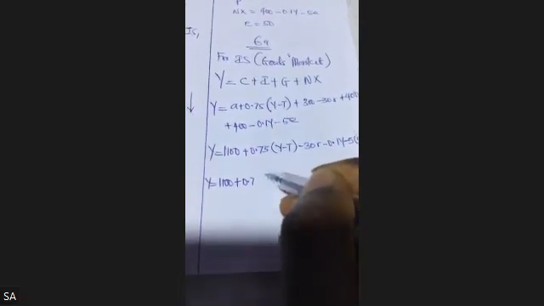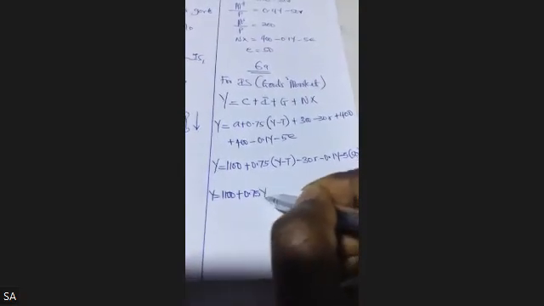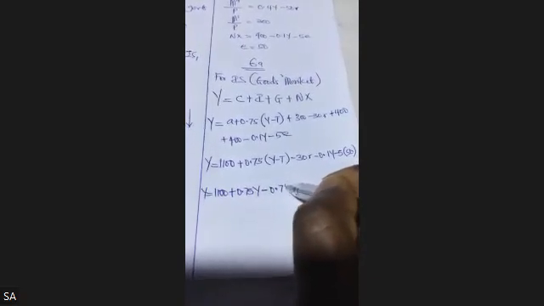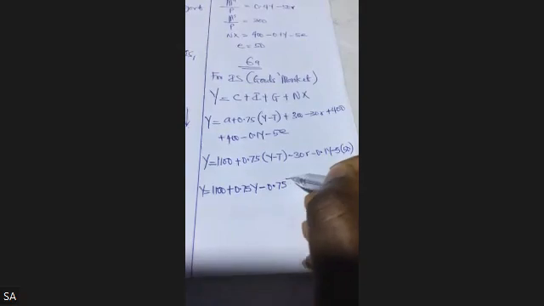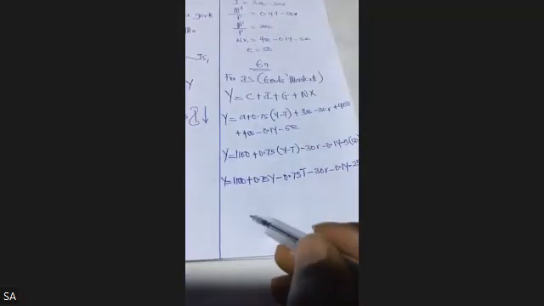0.75. Open the bracket now. You're free to open the bracket. 0.75y minus 0.75t, okay, minus 30r minus 0.1y minus 250. So this is minus 250. Okay, minus 250. So at this point,